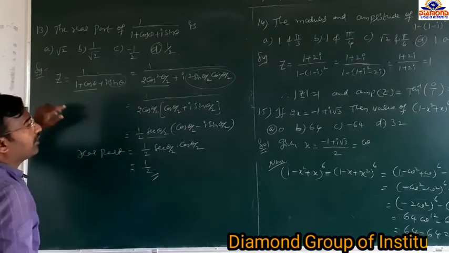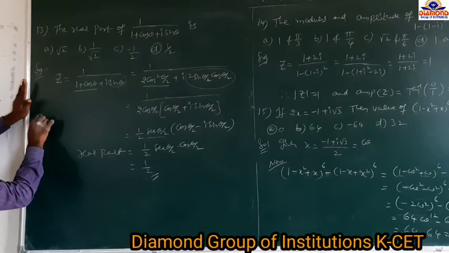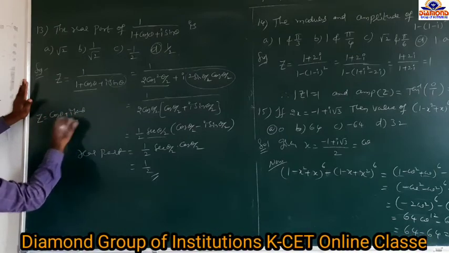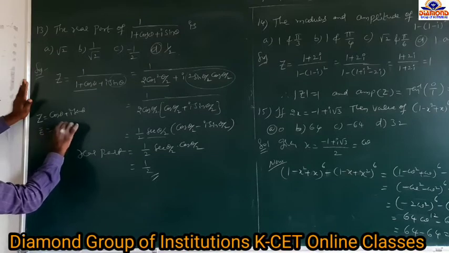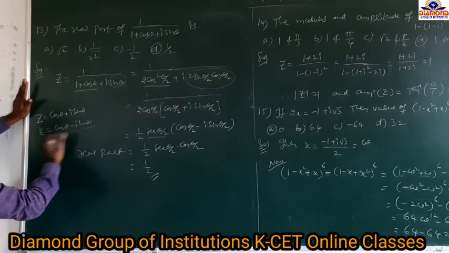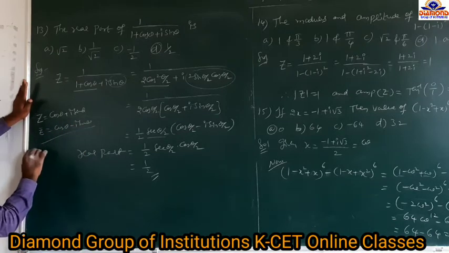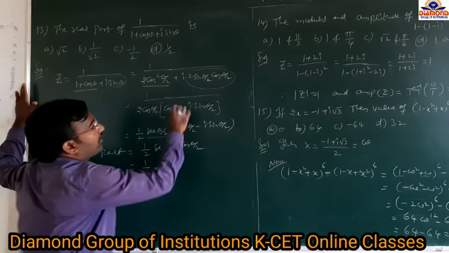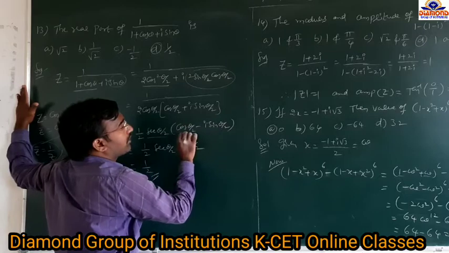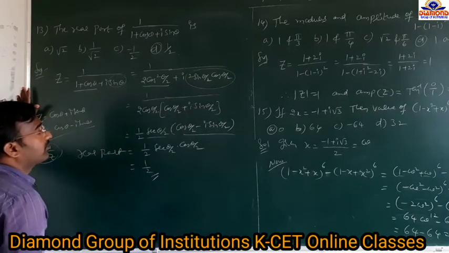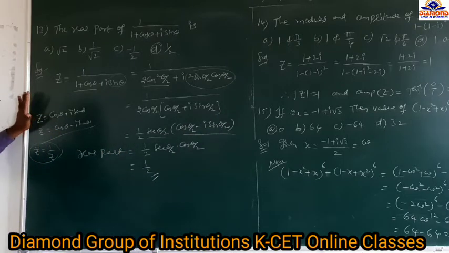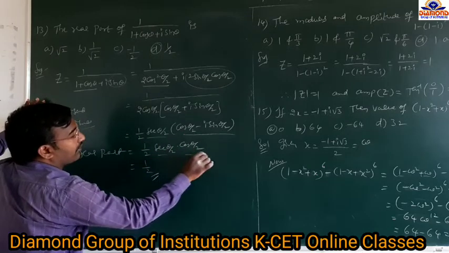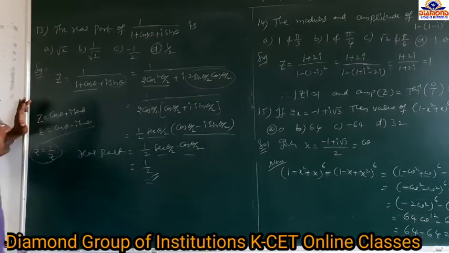Generally, if z equal to cos theta plus i sin theta, then z conjugate equal to cos theta minus i sin theta. So that's why z conjugate is nothing but 1 by z. So that's why here 1 by cos theta plus i sin theta is nothing but cos theta by 2 minus i sin theta by 2. So you are asking only the real part. Real part is equal to what? 1 by 2 secant theta by 2 into cos theta by 2. Secant into cos theta is 1. That's right. Real part is 1 by 2.